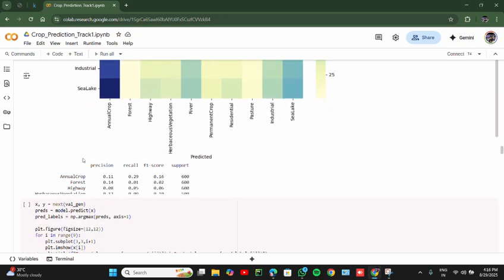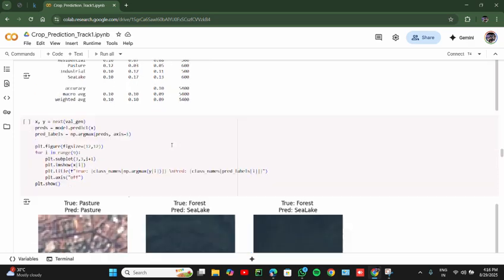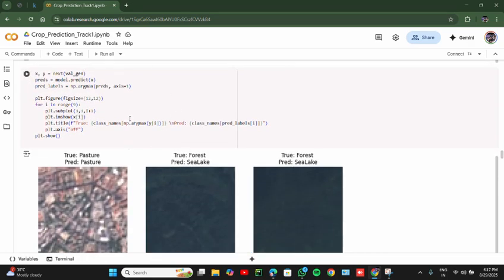And we can see the accuracy as well as precision, recall, and F1 score for each class. And here we can predict the images, and we have also used data collection and cleaning. We downloaded EuroSAT and cleaned corrupted or missing images and performed preprocessing such as resizing and normalization. And we have built the model, and after training we have evaluated it on test data and achieved high accuracy on EuroSAT